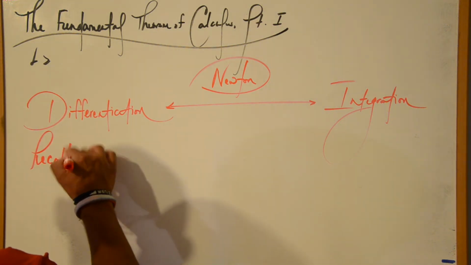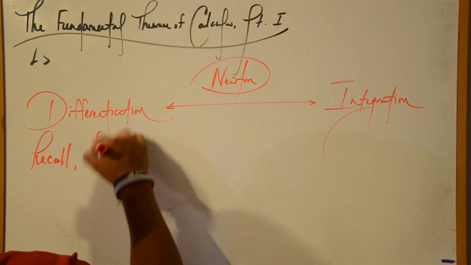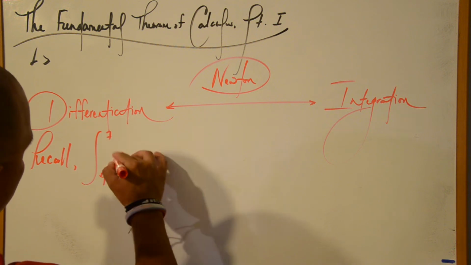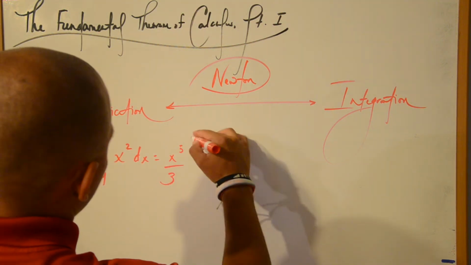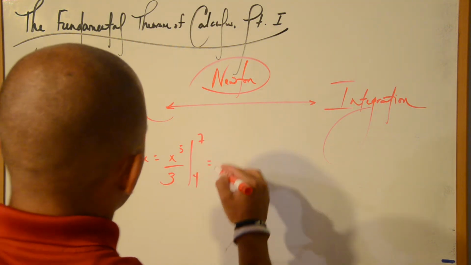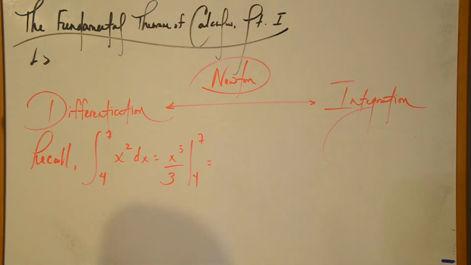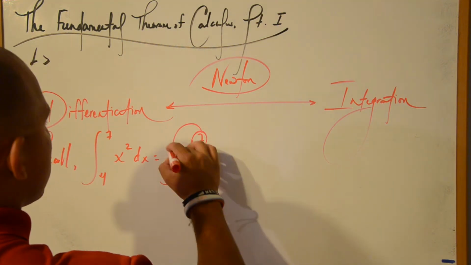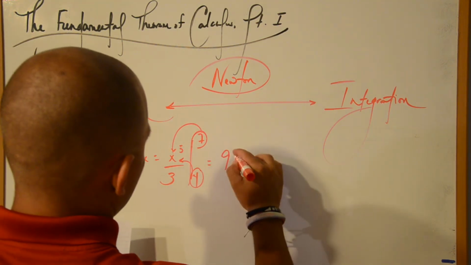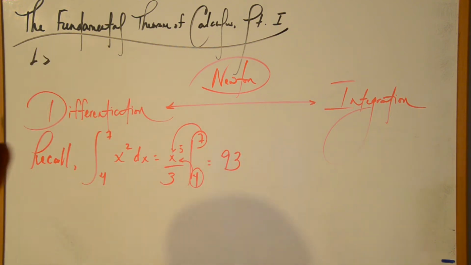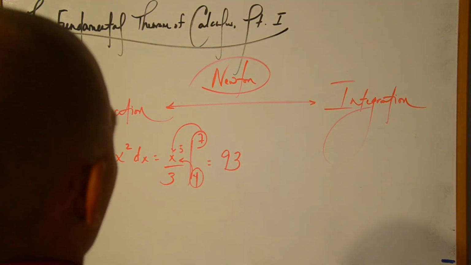A practical example before we get to the more formal definition is the definite integral of our parabolic function, which at this point we should know will operate accordingly, right? X cubed divided by 3. We would substitute in these bounds accordingly and subtract them to determine that the area is 93, right? However,